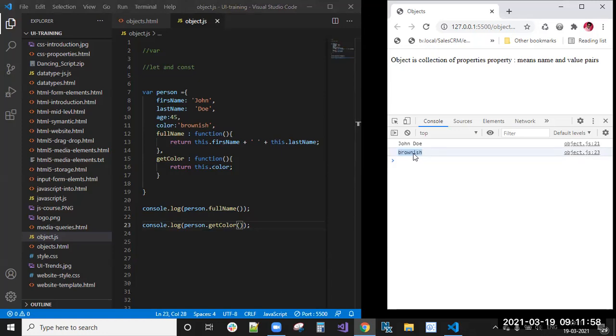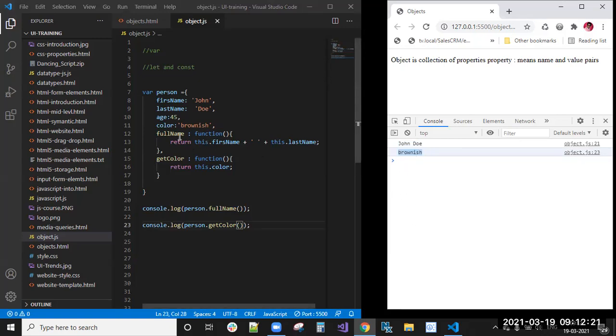So this is an object. An object is a collection of properties and methods. Now the definition will change like this. Property means a name and a value: property name and property value.